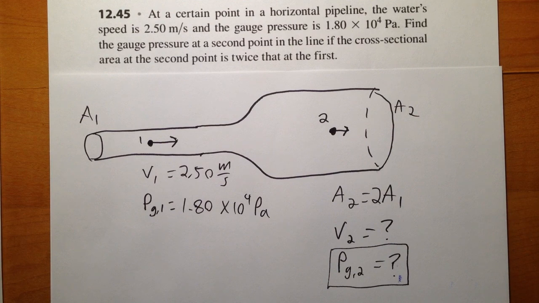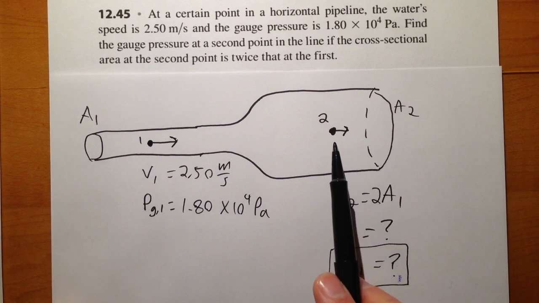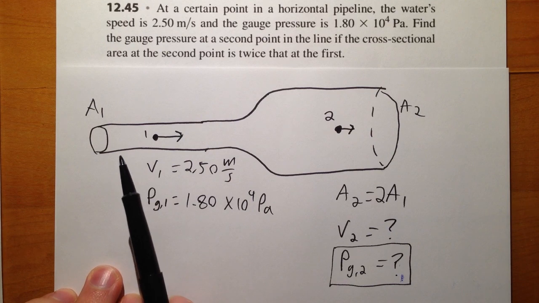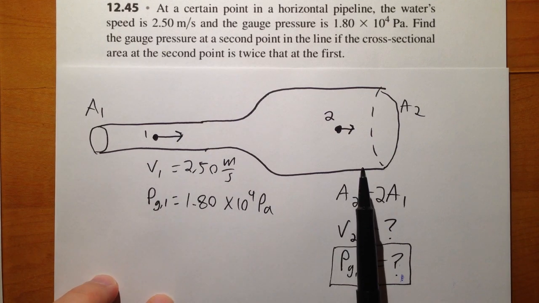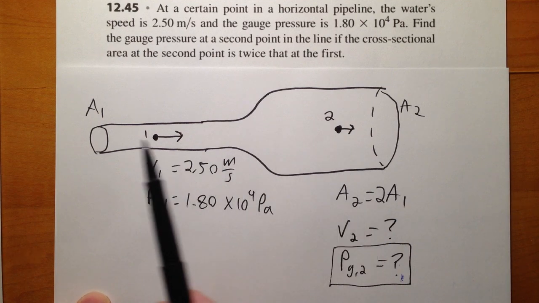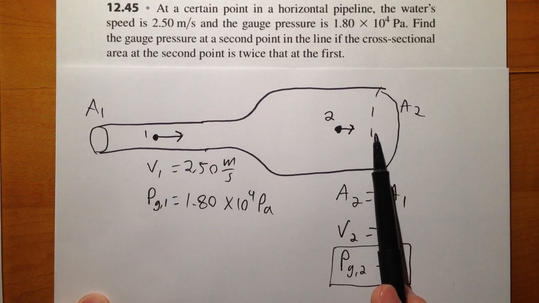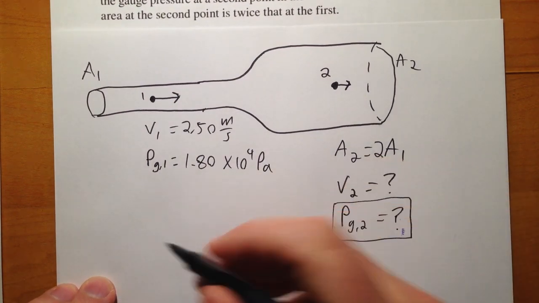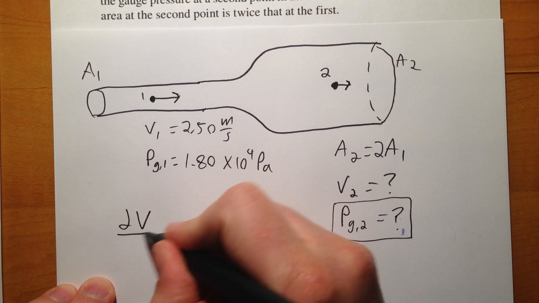Now let's think about what concepts we have to include here. It wants us to know the pressure at point 2. To understand that, we need to actually bring in two concepts. First, what happens to a fluid as the pipe gets bigger? We know that the flow rate in this pipe has to remain constant. If I put 1 gallon in one side of the pipe, a gallon has to come out the other side of the pipe. Okay, so saying that in equation form is saying that the volume flow